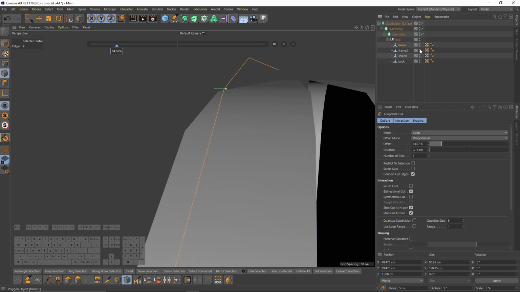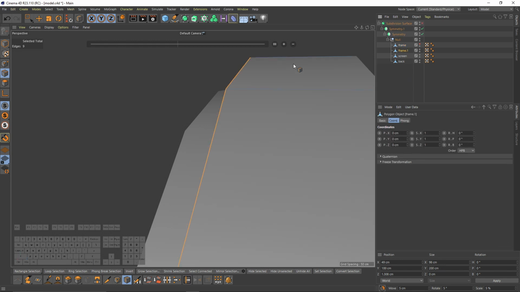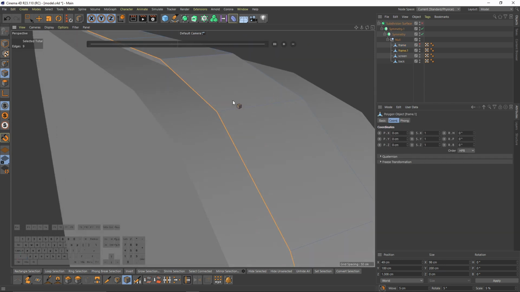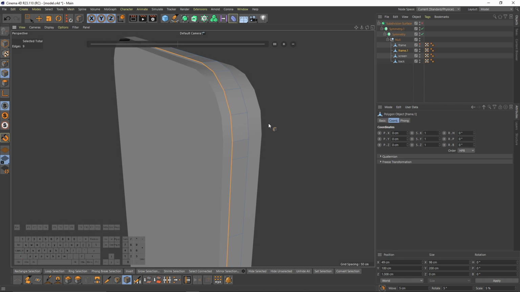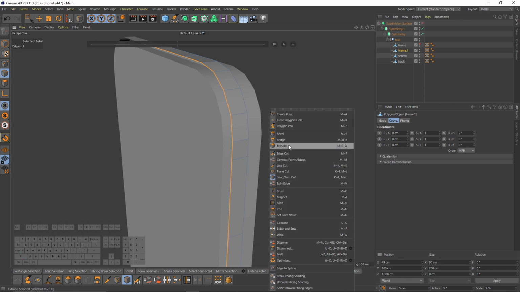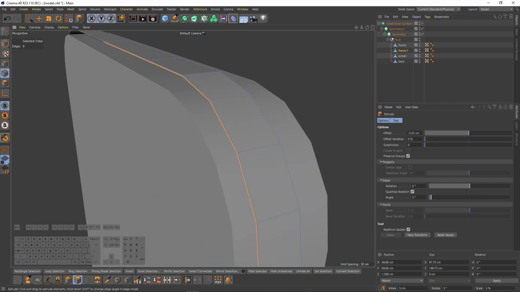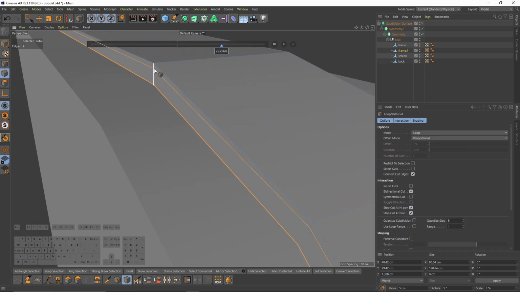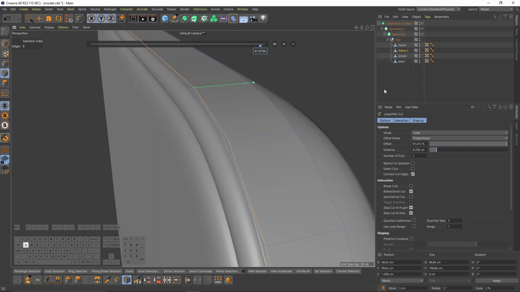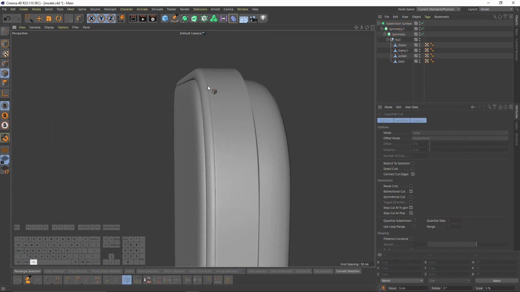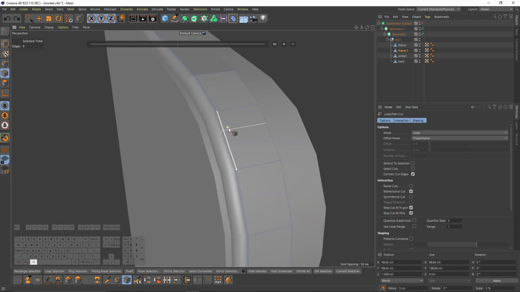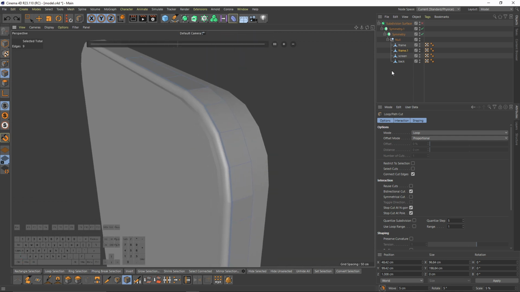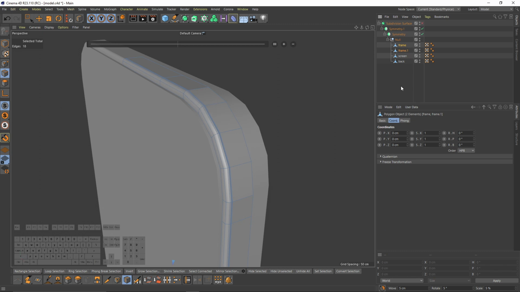Now I will hide that and unhide the object that we just created. And I will select extrude. And I will add a loop cut just like before. Okay, now I have to do that for that side too, but I will just select them, press Alt and G,